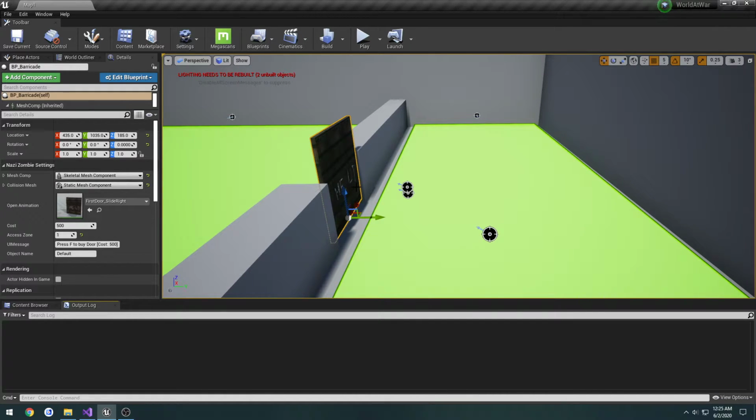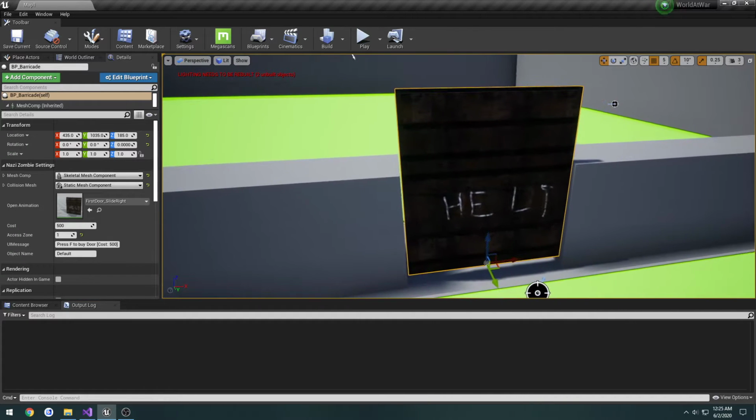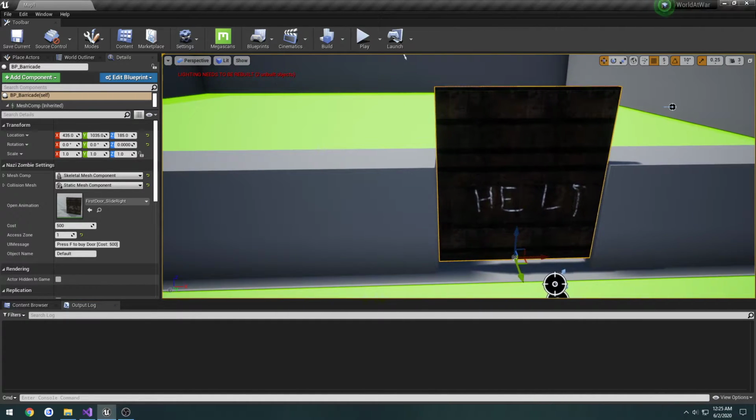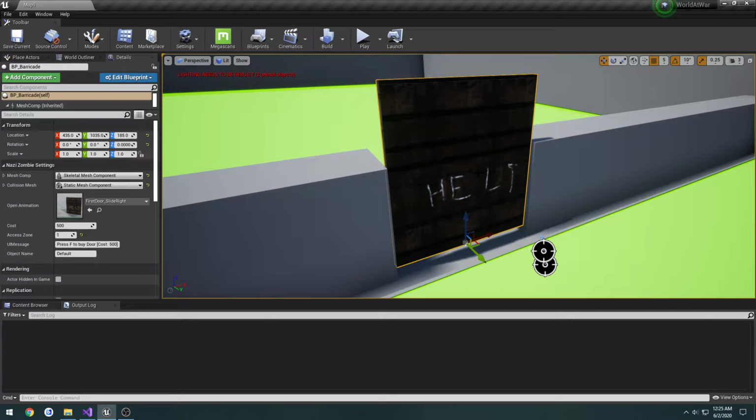The only other thing I would want to do is once the door is used, I want to remove the ability to use it again. So in case someone manages to find a little bit of a glitchy spot in the map where they can access the door, I don't want them to even have that option at all. So